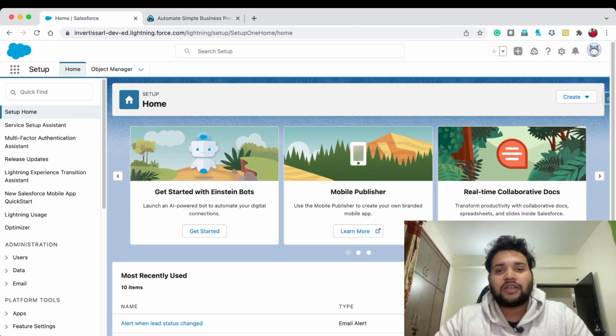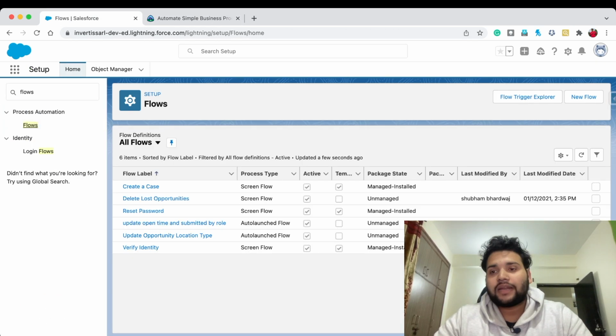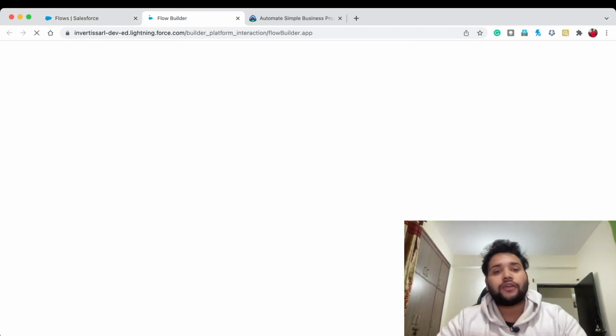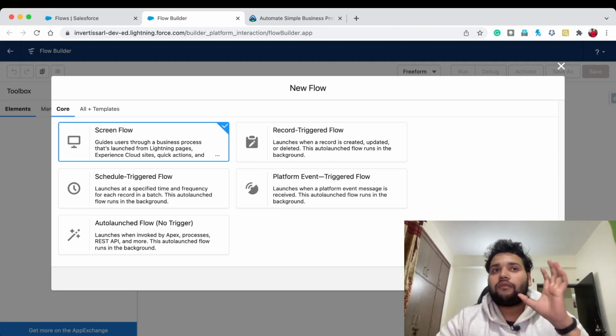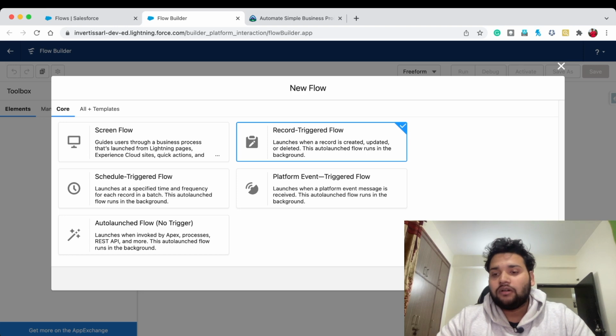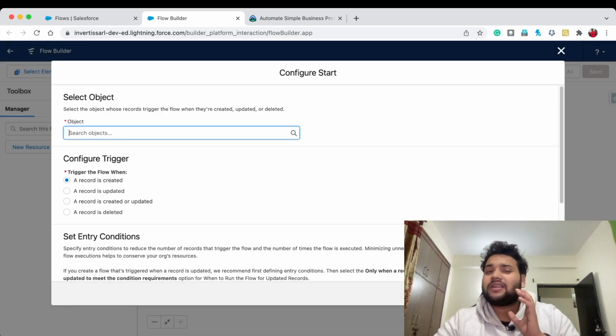So let's go to the Salesforce org, and in Quick Find type flows, click on Flows, click New Flow. We are going to create a record-triggered flow, because we need to initiate our flow whenever an account record changes, meaning updated. And if there is any change in the particular field set, which is shipping address, we need to update our related contact mailing address. So click on record-triggered flow, click Create. This is going to be a super easy flow. I will explain in a very simple manner what we are going to do.